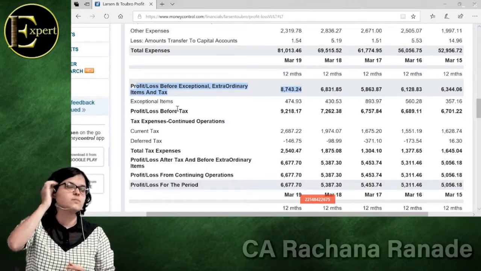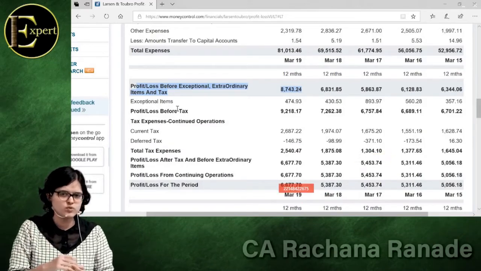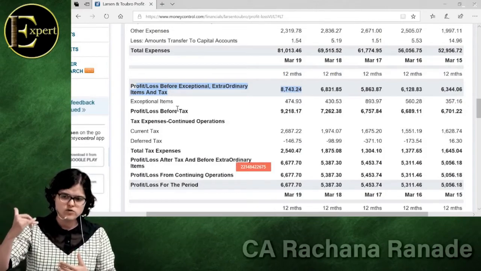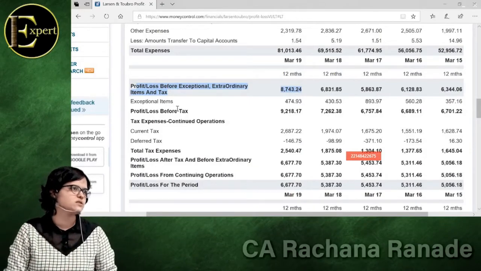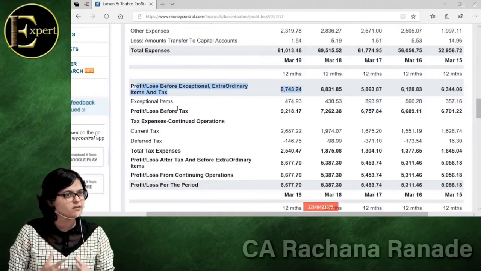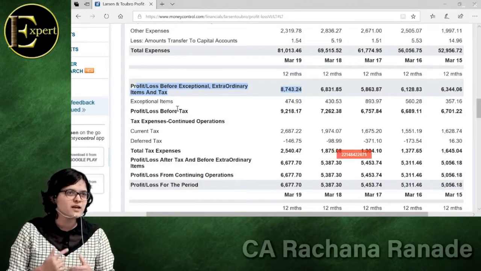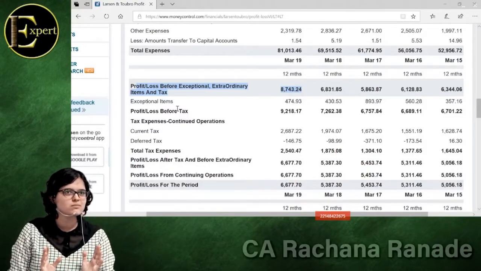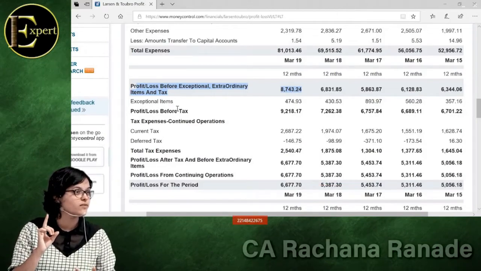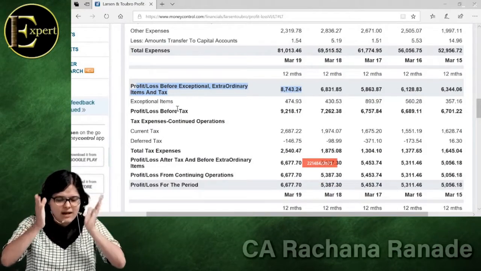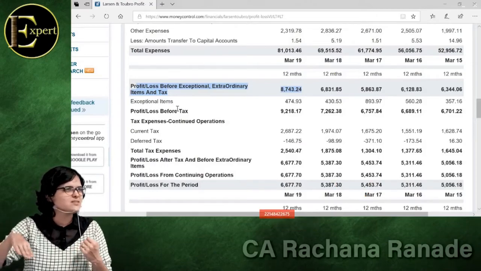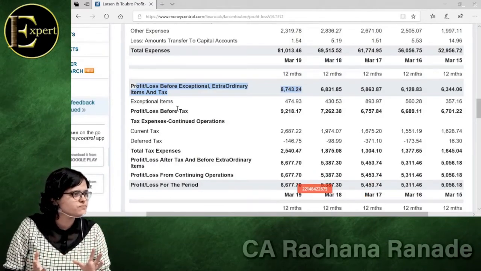If I'm checking out some company from Tamil Nadu and assume that there was a tsunami a few years ago, and because of that losses have increased, can I say the company has gone bad? No. Is this a recurring item? Ideally, no. It's a one-time activity. So it's an exceptional or extraordinary activity. Whenever I'm doing an analysis, I should ideally ignore this, because these are just one or two times.